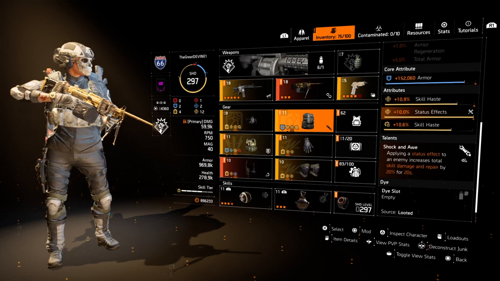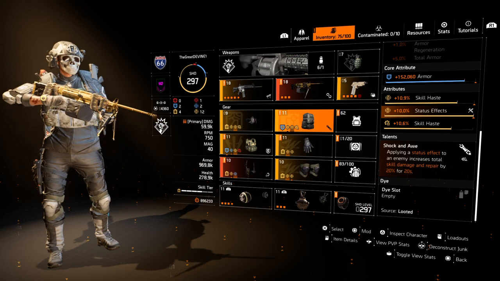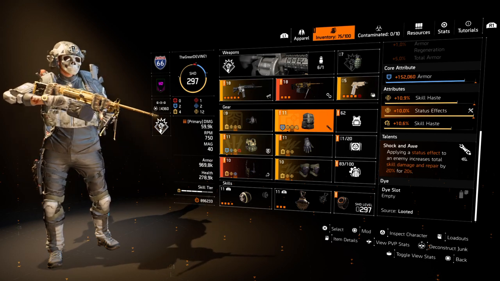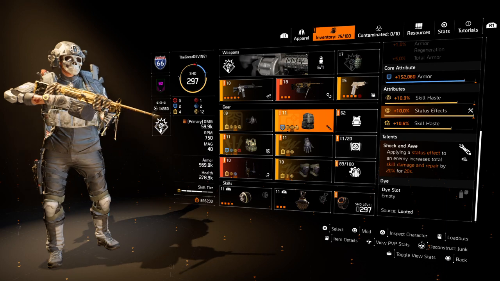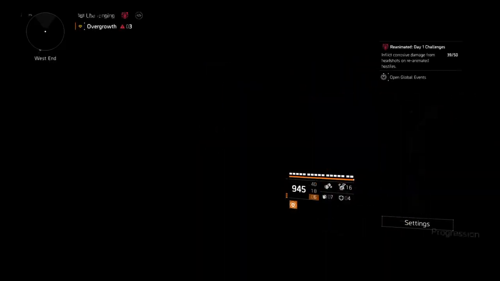And for the talents, I have Shock and Awe, and when applying a status effect to an enemy, it increases total skill damage and repair by 20% for 20 seconds. I love this talent. I really, really love Shock and Awe. So this will help with your damage with your bleeder build. It'll help your damage with your bleeder hive and with your seeker mines as well. So let's get into it and let's go ahead and take over this control point. Without further ado,